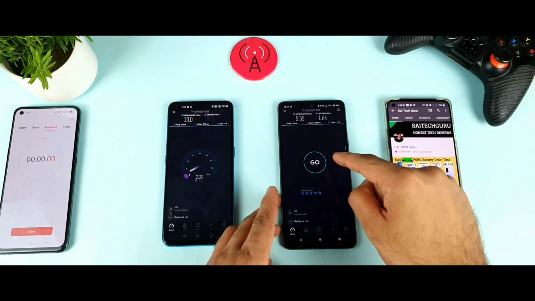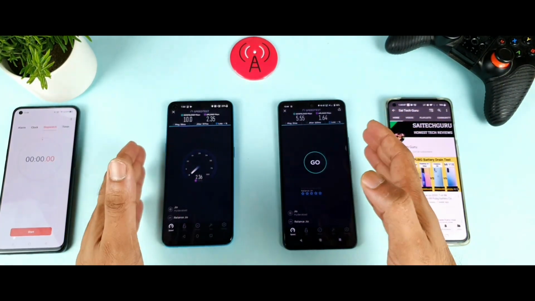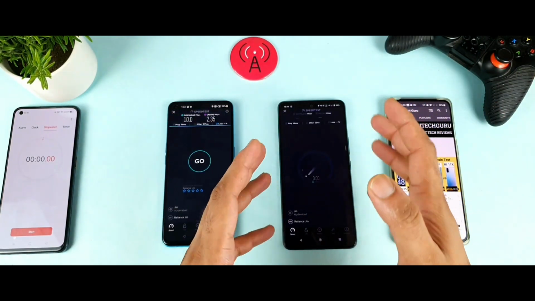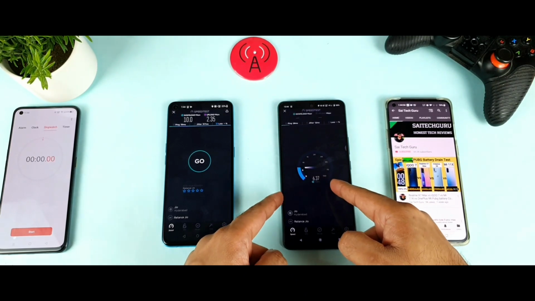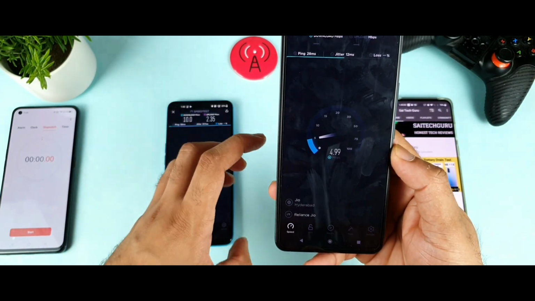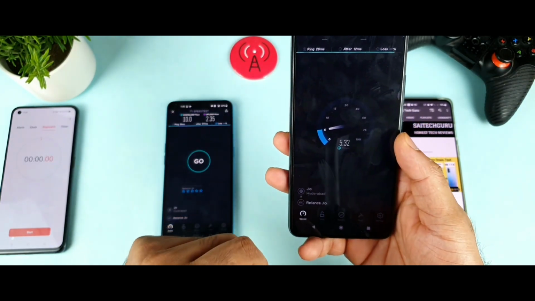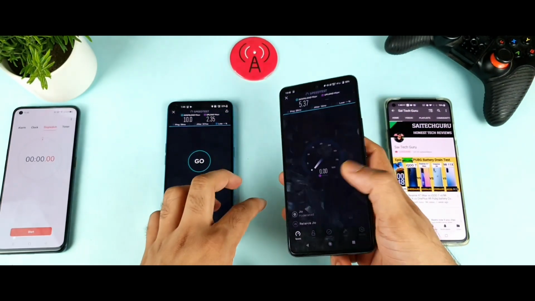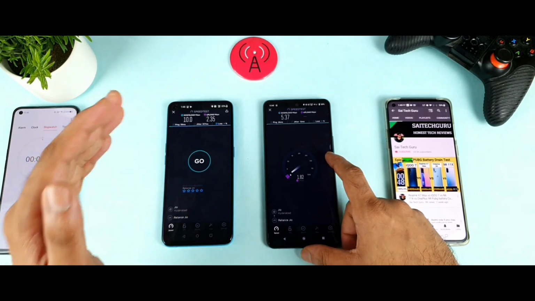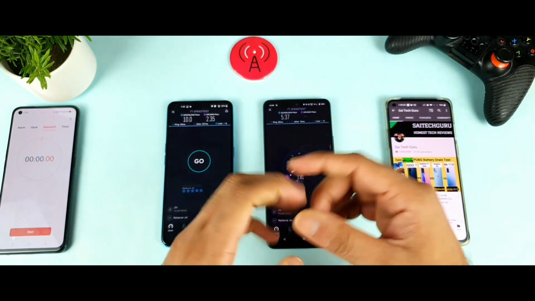Now let's test on the iQOO 7 device and see how much this phone can capture. One more thing, I'm not coming to a conclusion right now; we need to do the download test first, and after that we can conclude which phone has what type of speeds. Let's see. This phone is trying to reach, come on iQOO 7, it's trying to reach, but still it's not getting that kind of momentum. It goes up and comes back down, as you can see, friends. It's not getting there on this iQOO 7 device. I'm using only the Jio SIM right now. So even this time the speeds are really low. Even in the second test, the clear winner is the OnePlus Nord device, with higher speed results compared with the iQOO 7 smartphone. You can clearly see the difference.